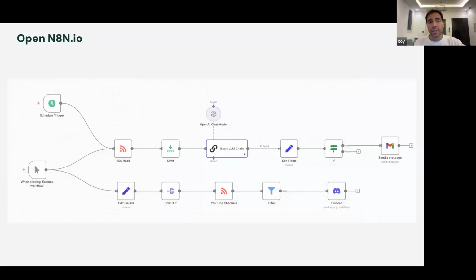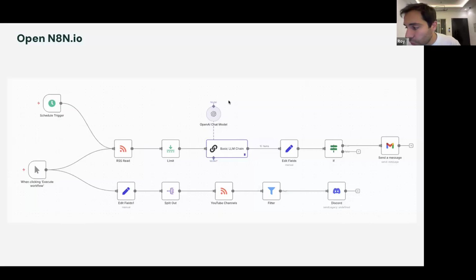All right, next one. Open N8N and create an account, n8n.io. This is what we're going to design today. We're going to design a workflow that's super simple, that's going to allow you to, not today, you have 2 weeks. So sign up today on n8n.io.